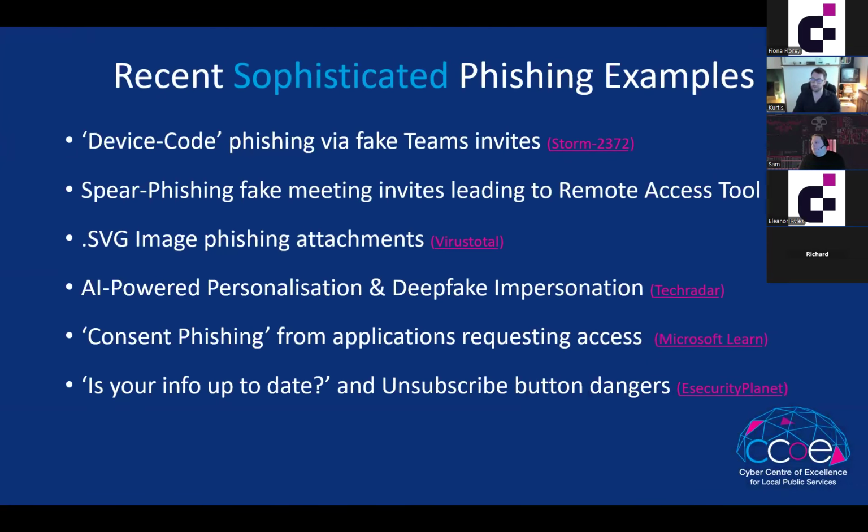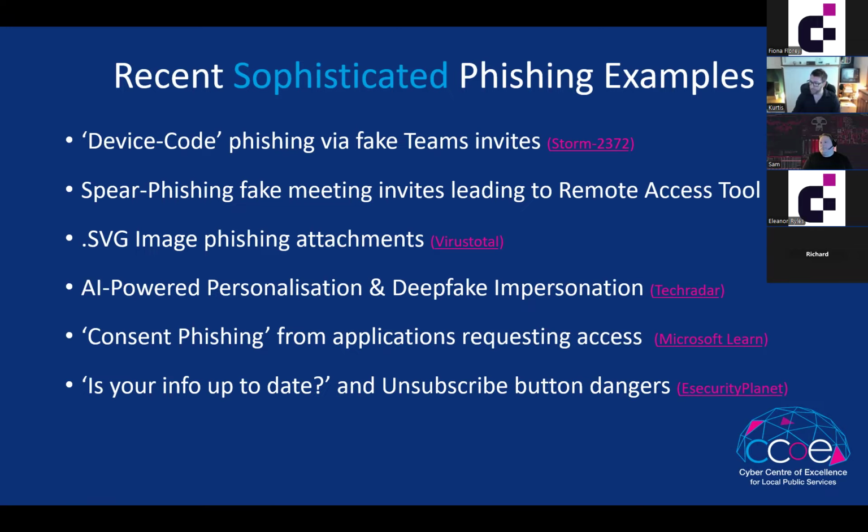And on that very cheery note, I'm going to go through some other sophisticated types of examples that come through, and they do link to the dark web. It's a method that they get information and also use information on the dark web to you. So device code, when I just went through with Teams invites. Spear phishing, so using meeting invites to try and get you to click on something to get remote access onto your machine. Images, just remember that images can also contain links, so please don't click on an image if you think there might be a hyperlink behind it, because it might take you to something that's got a phishing site behind it.